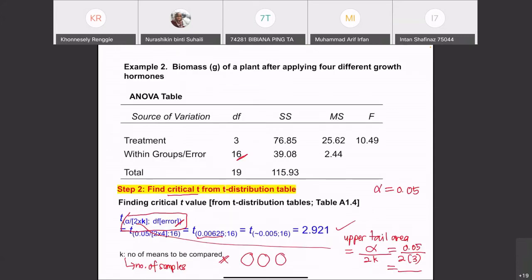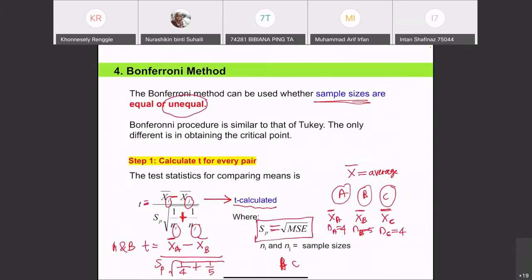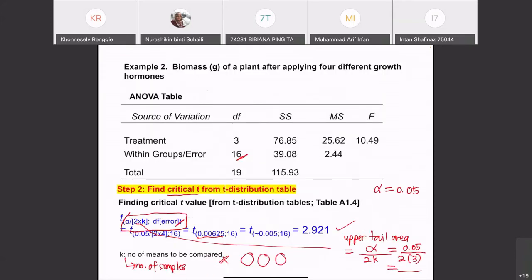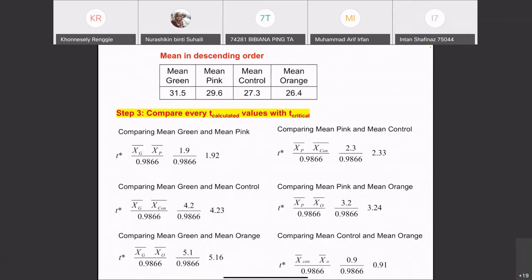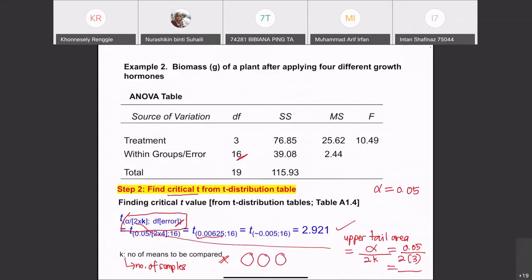Now, what you have to do next: you have calculated the T for every pair, then you have the critical T from the table. So what you have to do next is to compare every T calculated value with T critical. Now let's say in this question it is